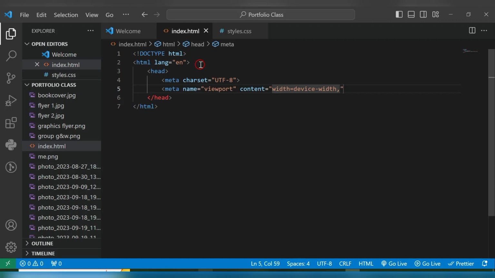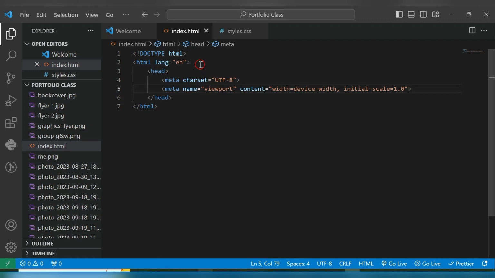Then we have the initial scale, which is equal to 1.0. Then you close it. Now, as you can see, this is white. Now, what is this? What did we just write? This meta tag here